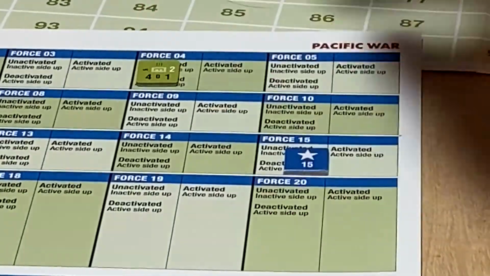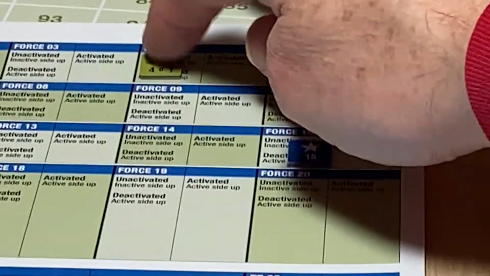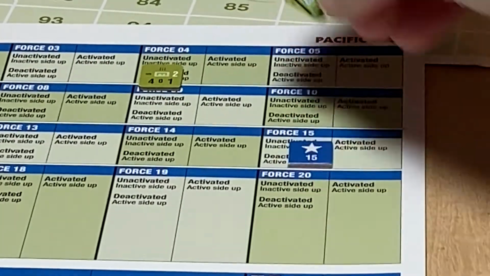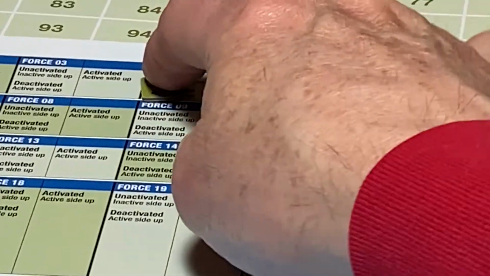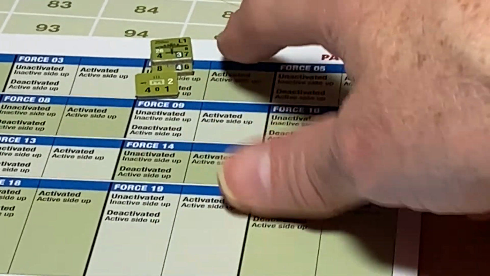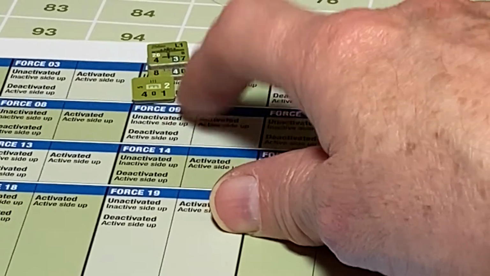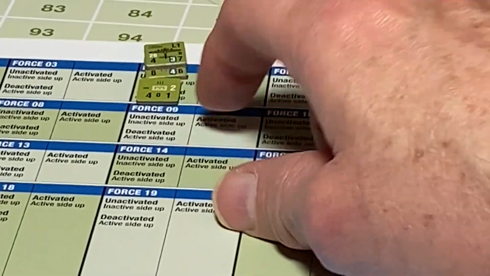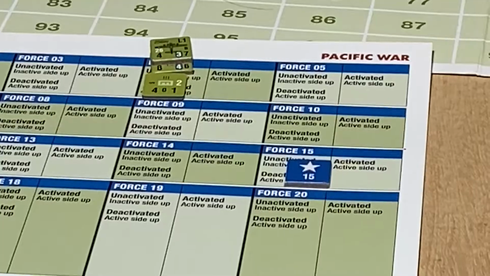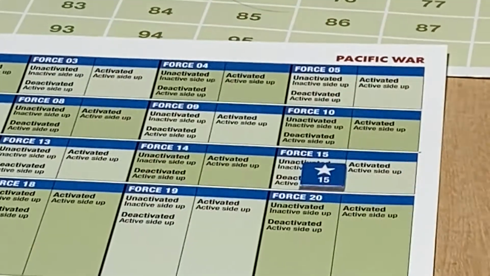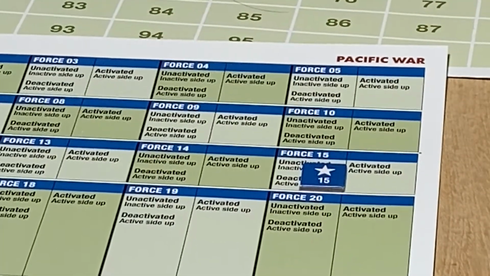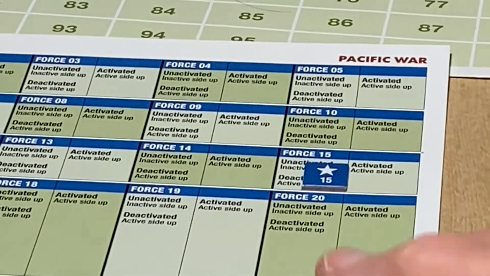I mean, if I put some units that I used on the top, and then ones that were unactivated at all, so I could still use them during the month. I mean, you could do that. It gets very tight. That's another reason why I like using this extra force chart along with this task force,